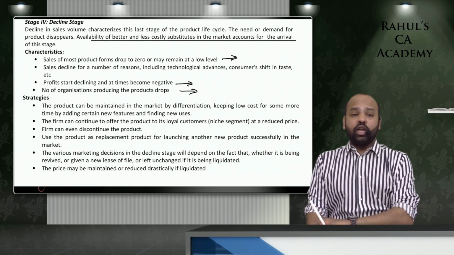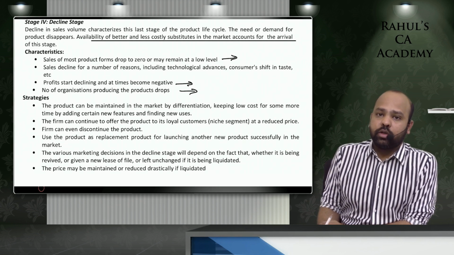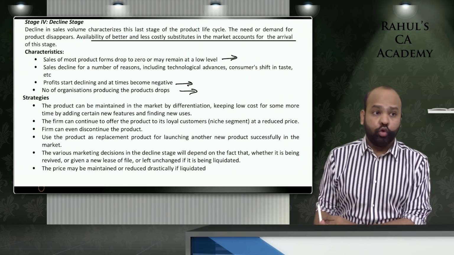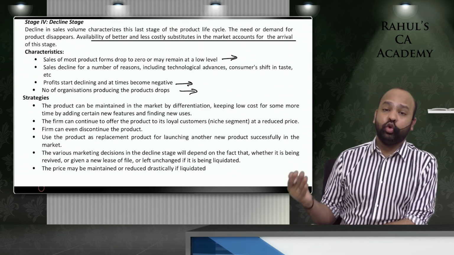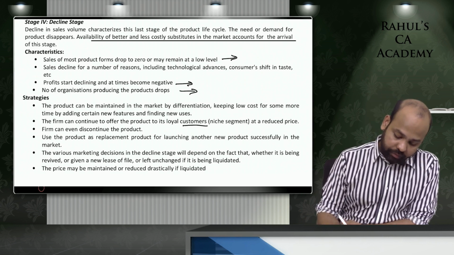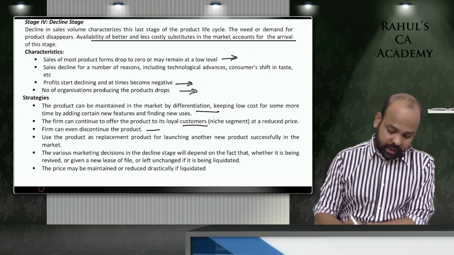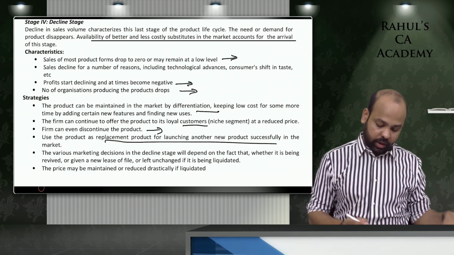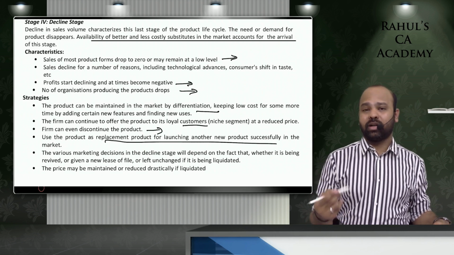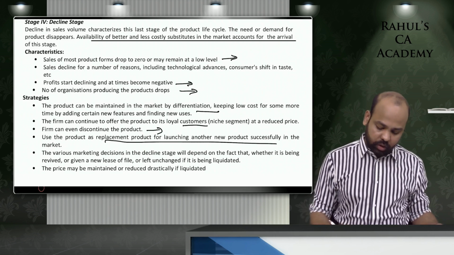The strategy that you'll have to maintain, beta, is either to keep the product so that you are able to satisfy the demand of your loyal customers. You will not want to lose your loyal customers. Use this as a phase, beta, to launch a new product. You will have to offer something better to the loyal customers of this. The firm can discontinue the product, find a replacement product, and then, guys, you should know whether you want to give the product a new lease of life or drop the product altogether.